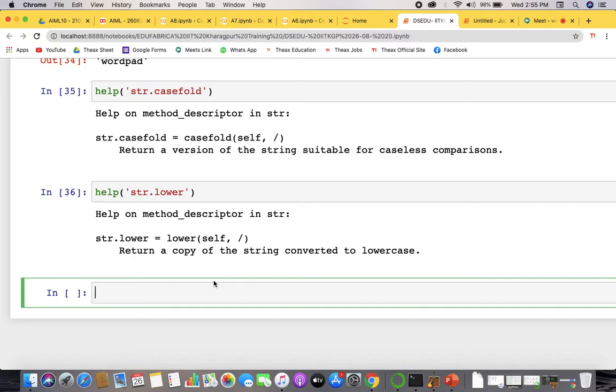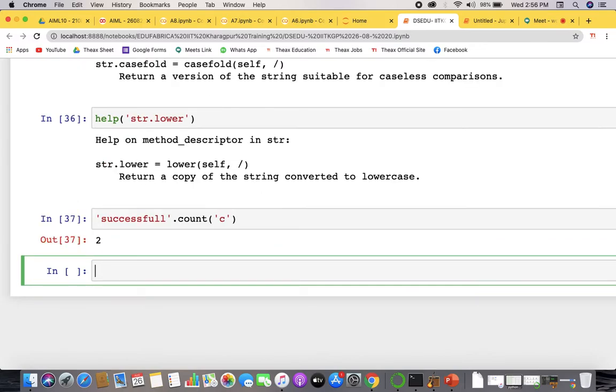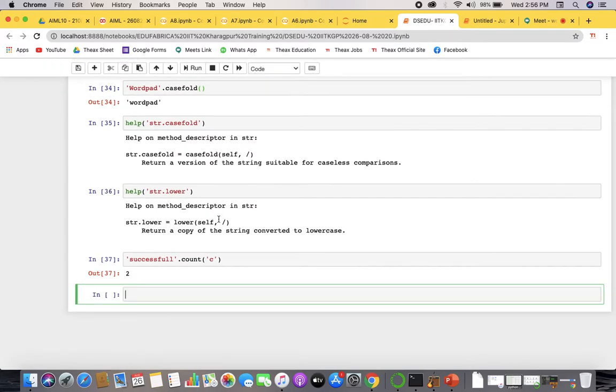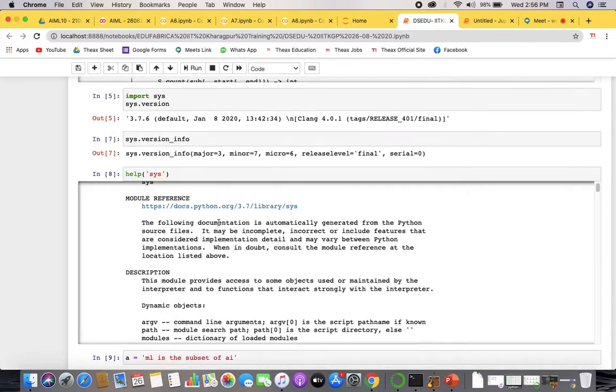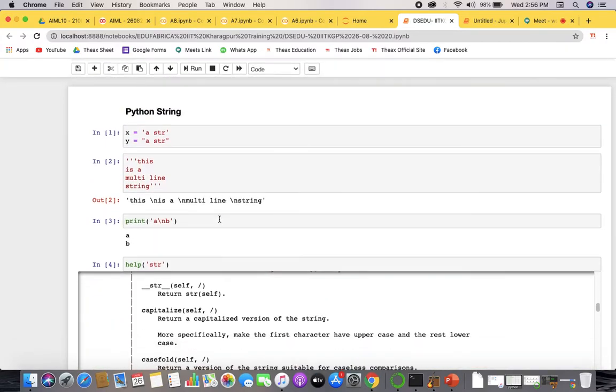Now what is count? If I say this is the word "successful", and I want to count the number of occurrences of S or C, it's 2. You can find the number of occurrences of any such character using the functions. What more is left?